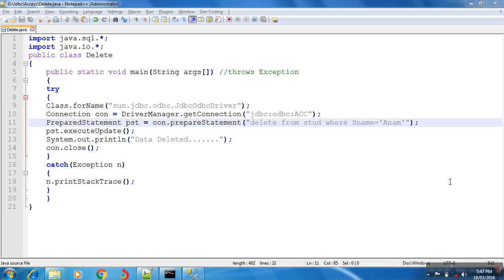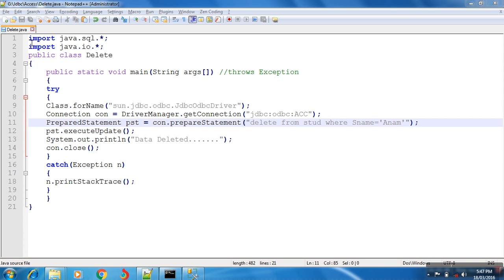Today I am taking your lecture on JDBC delete query. So your question is, write a JDBC program to delete student information from the college database. But one condition is there: you have to delete the data whose data you will delete? That student name is Anam. Okay, so see here, the code is available.